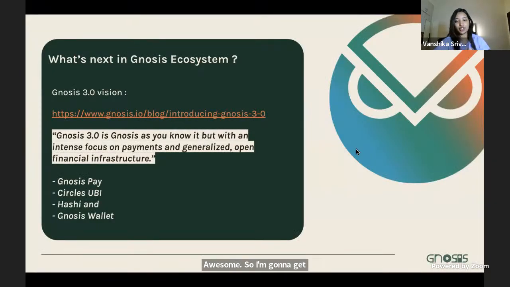I know we are short on time, but I'll take maybe 5 minutes more and give you a bit more about what's happening next in the Gnosis ecosystem. We announced the Gnosis 3.0 vision. There is a whole blog that you can read about it. But as I mentioned about Gnosis Pay and Hashi and everything,